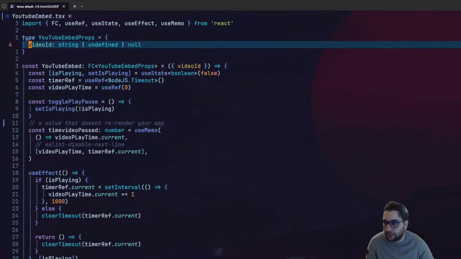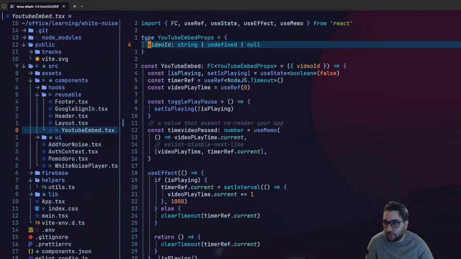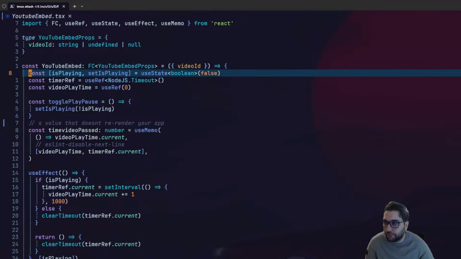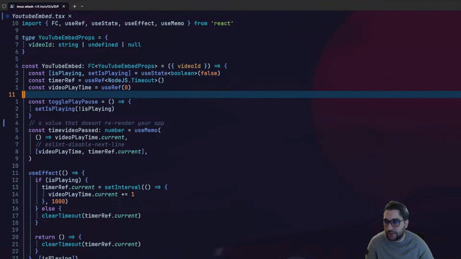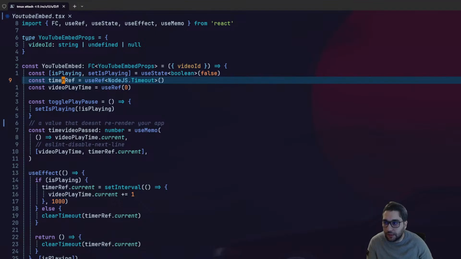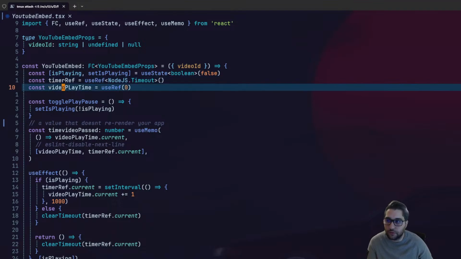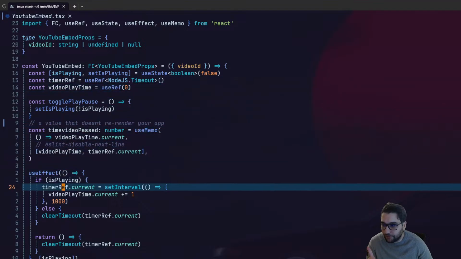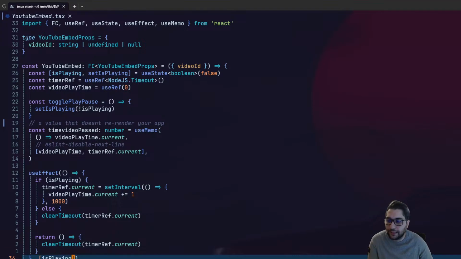Yeah, actually, the best example that we can use is this one. Here I have an isPlaying and setIsPlaying value that lets me know when you click play or pause on the white noise. And then I have a time ref that doesn't reload the state of the UI, and a video play time that also doesn't reload the state of the UI. The thing is, if I put play time here,